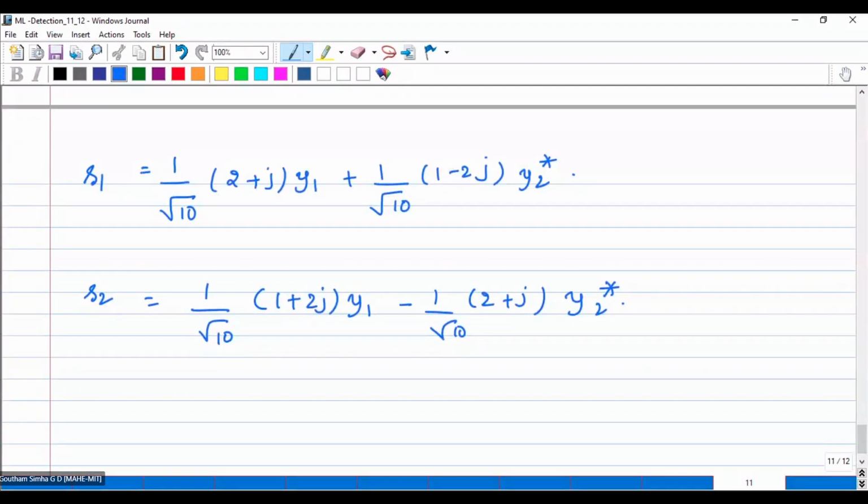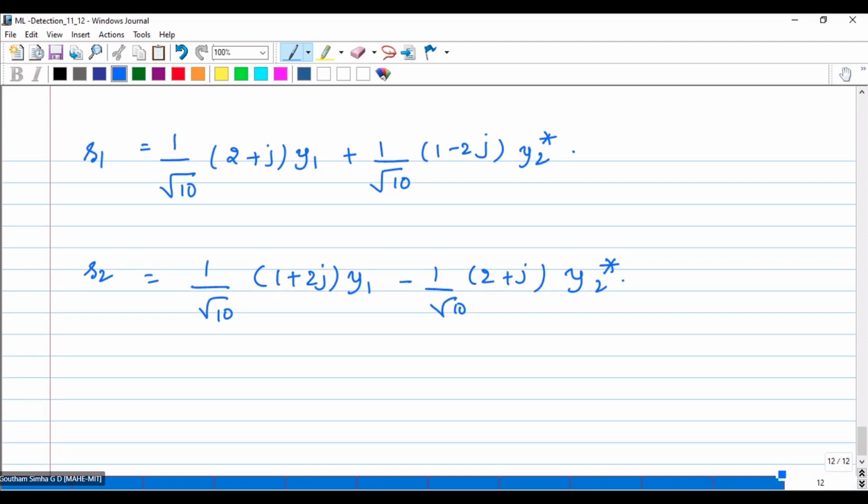So everything will be out here. So what have you understood from this? You have understood if two symbols are given, means if y is given in terms of hx plus n or hs plus n, you know how to identify s1 and s2, the symbols that have been radiated. A simple analogy is this ML technique: find the argument minimum over s belonging to S to the power of M, norm of y minus hs squared. That's nothing but finding the Frobenius norm or L2 norm.